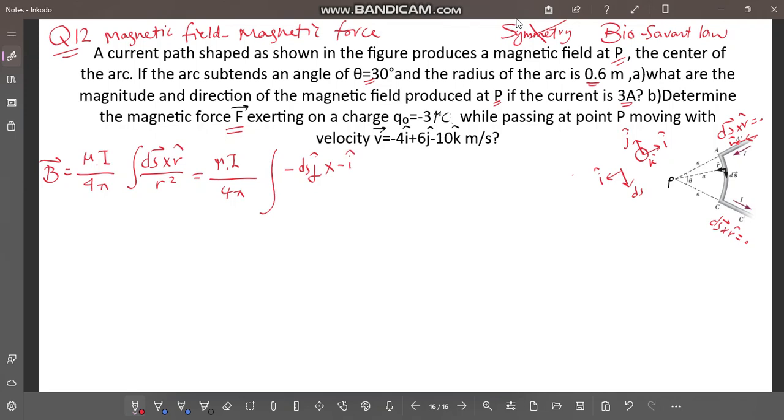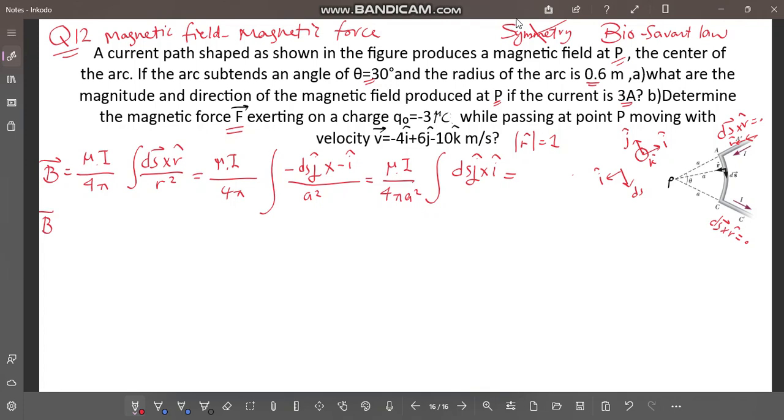You know that the magnitude of r hat is 1, divided by r squared, which is a squared. So B is mu 0 I over 4 pi a squared, integral of ds j hat cross i hat,